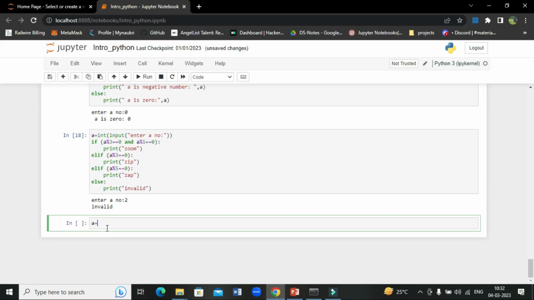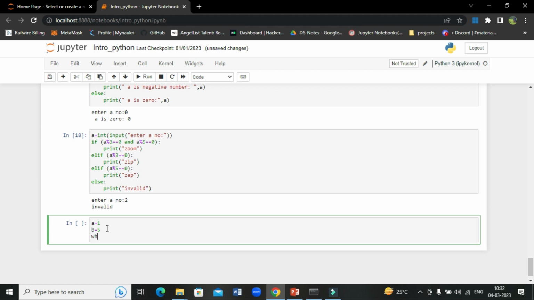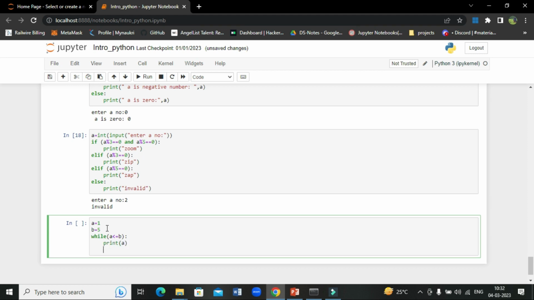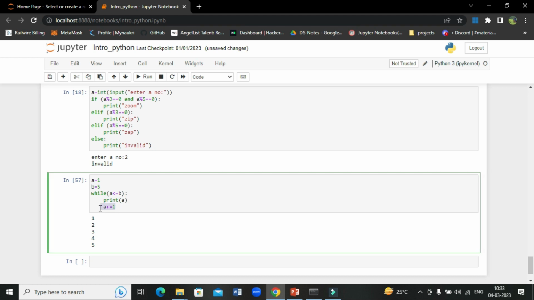So let's take two variables, a is equal to 1 and b is equal to 5. So while a is less than or equal to b, print a, and we will increment a. So this is how it prints. Basically, first it is checking the condition. So a is 1, a is less than or equal to b, it is true, so it is printing a, so 1. Now we are incrementing a to a plus 1, so a was 1, a plus 1 is 2. So now 2 is less than or equal to b, so it is printing 2, then 3, 4